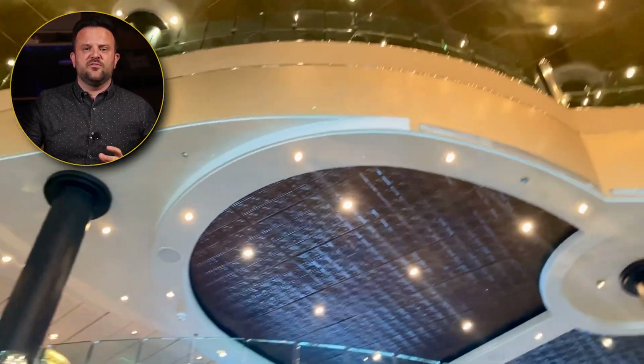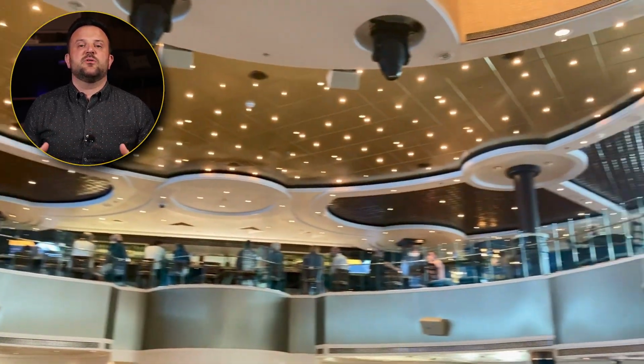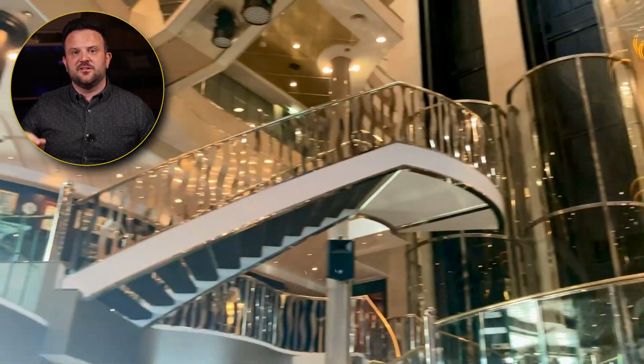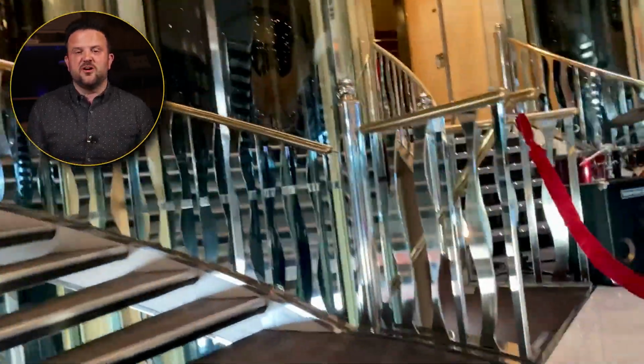It goes up 3-4 stories, and they make this the central gathering point of any ship. Again, that first day when you walk on, wherever this is, head there and take a look. Now, as we mosey up these stairs, one of the places on the ship that I was most excited about was, you just saw it right there, the